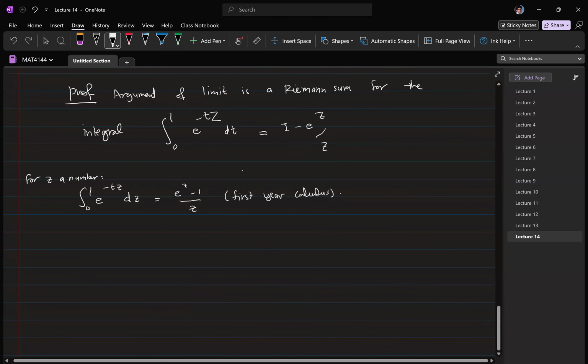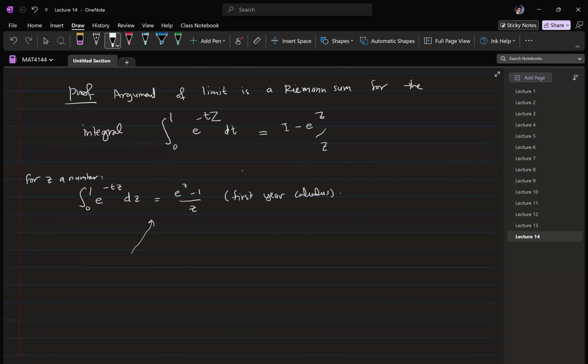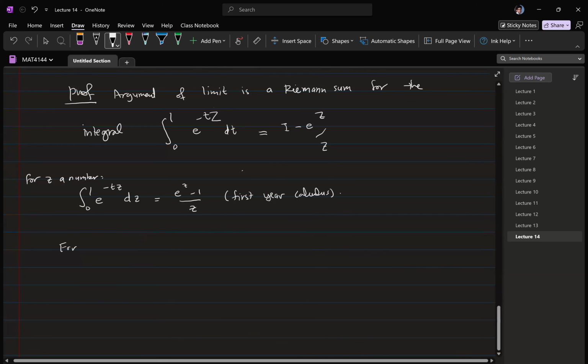Okay, so I'm assuming that I know this. I want to prove this for an n by n matrix. If the matrix was diagonal, then the exponentials would look very simple, and it would be true, right? So now, for a diagonal matrix, so for Z diagonal,